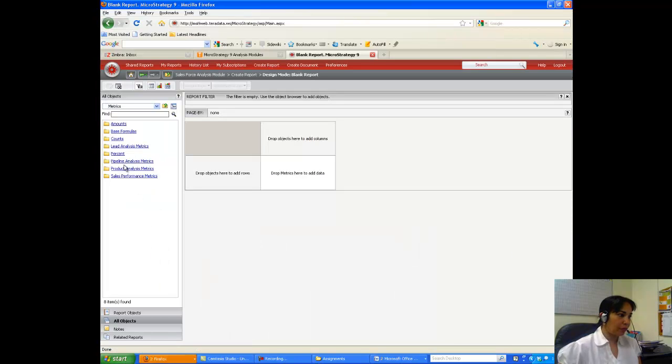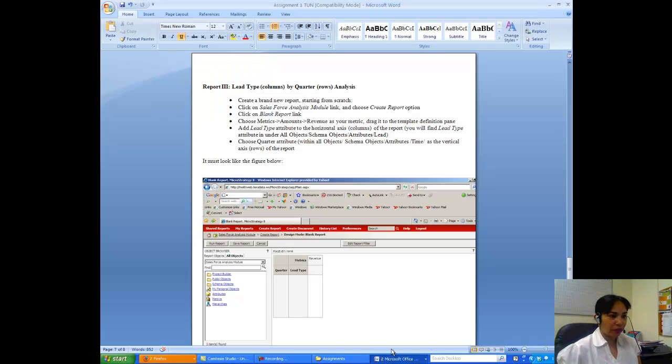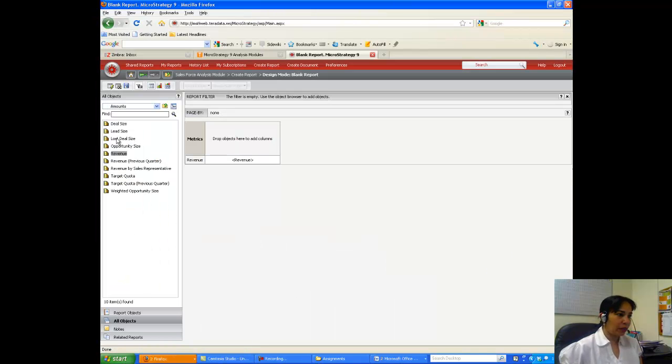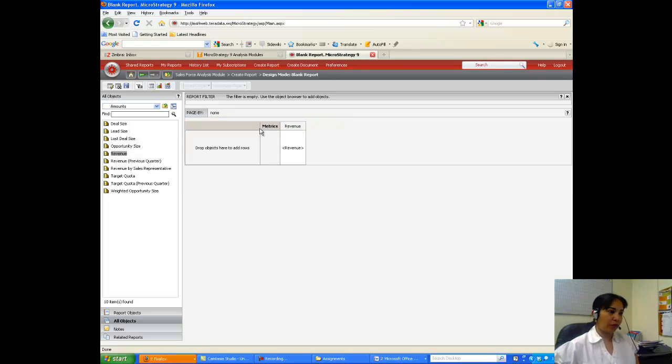So I choose matrix, amounts, revenue, and I drag it to the template definition pane. Is it in the row? I think the matrix is in the row. So I have made a mistake. Matrix, I remove it, and then I drag it to the row, means I have to have the yellow line. So I got it now. Okay, and then I have to have the lead type